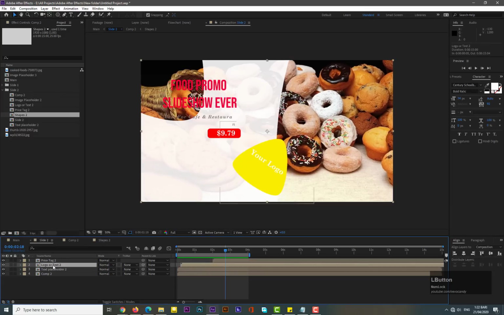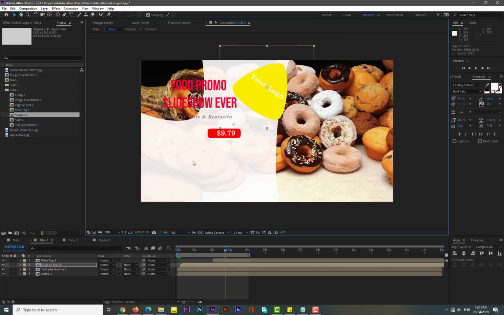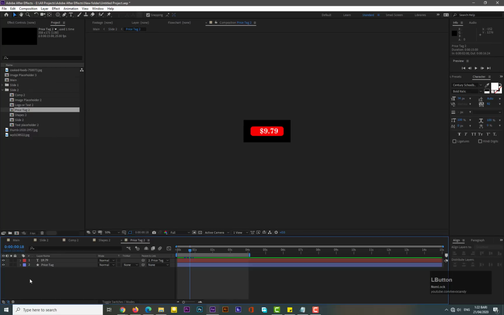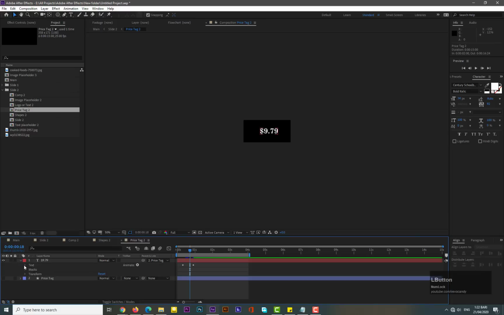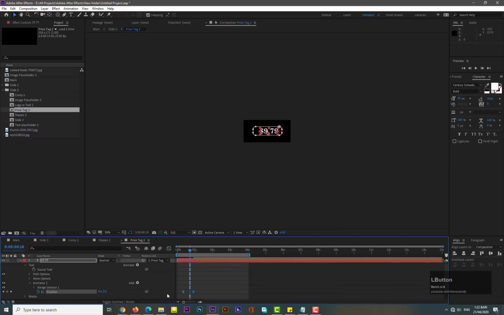Select the logo or text and drag it over here. Yeah. And now we need to change the price tag. Go into the price tag, and this time we simply disable the shape layer and drop down the text property, then text, and then animate 1. Select all these keyframes for position and press delete,